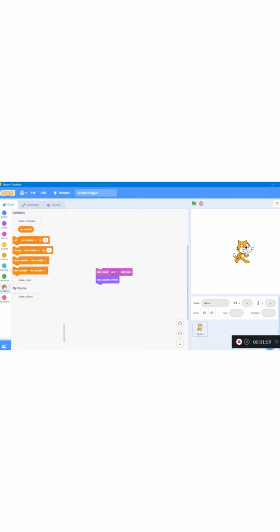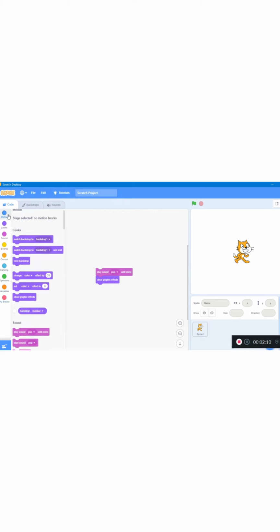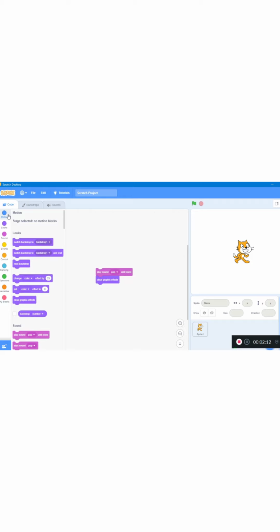Under the variable blocks there is one more block, that is list blocks, and at last my blocks. So the list blocks are shown under the variable blocks.